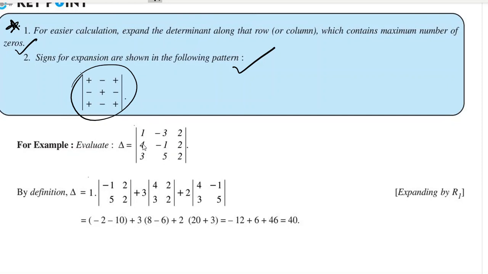Okay, so how we'll do that? They have expanded along the first row. So first row, we have first number 1 multiplied by minus 1 2 5 2, determinant of the remaining numbers. Then I have a minus sign here, minus 3 becomes plus 3, and then the determinant of these 4 numbers. And similarly for the last number 2, we can find the determinant of these 4 numbers, and we solve them, we'll get the answer. So we'll solve it in solved examples, we'll find determinants.